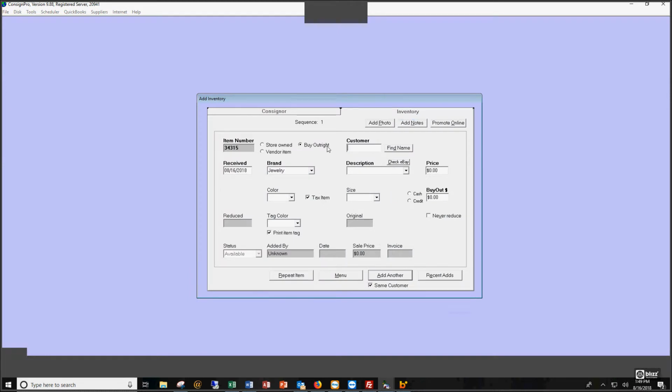Add Inventory, we now have Buy Outright, and it is selected because I told the system Buy Outright is all that I do. Let's say we're buying a pair of jeans. I can put in a price of $20. When I do that, it automatically calculates my Buy Outright price for a cash buy as 50% of $20 or $10. If I were to click on credit, it changes it to 60% or $12